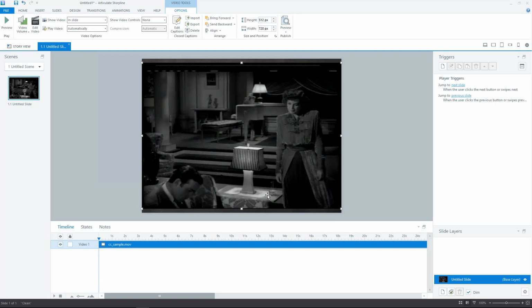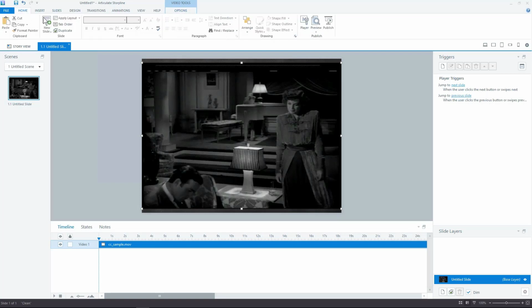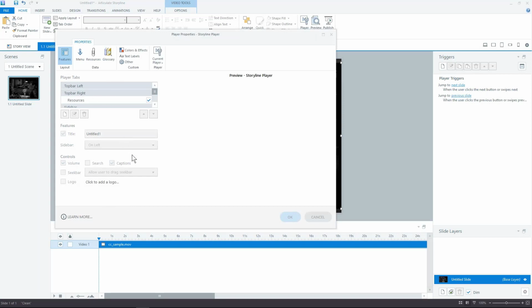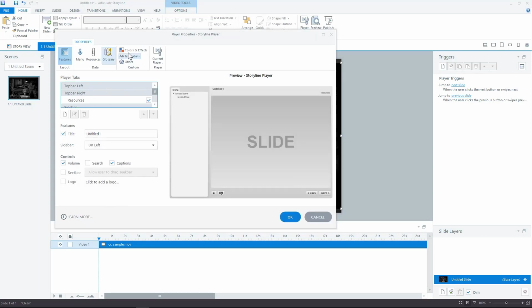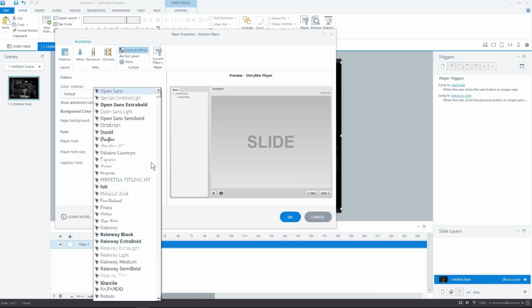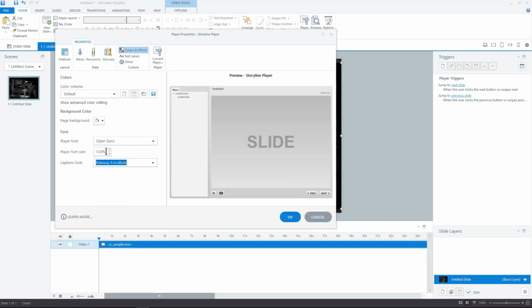As far as changing the alignment and so forth, right now Storyline just puts the captioning file at the bottom of that slide, and you can't change where that caption appears. You can change the font though, by going to your Home tab and then to your Player options. Give it just a minute to pull up. Where it says color, I click on colors and effects, and then you see right here my captions font. If I wanted a different font, like this Raleway extra bold, I can choose that. I can also increase the size a bit, so if I wanted it to be 120%,